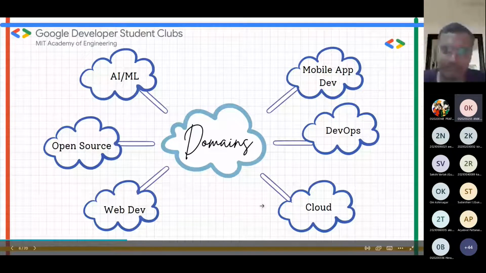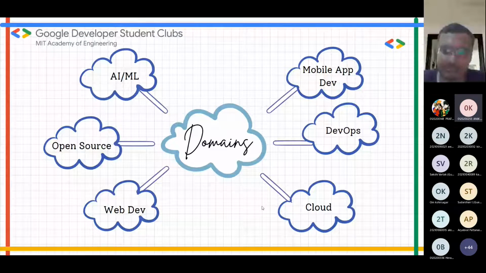Next up, we have web dev. Now, a lot of you will be watching this on the Teams client, which is for the web. That is one kind of website. There are many kinds of websites.